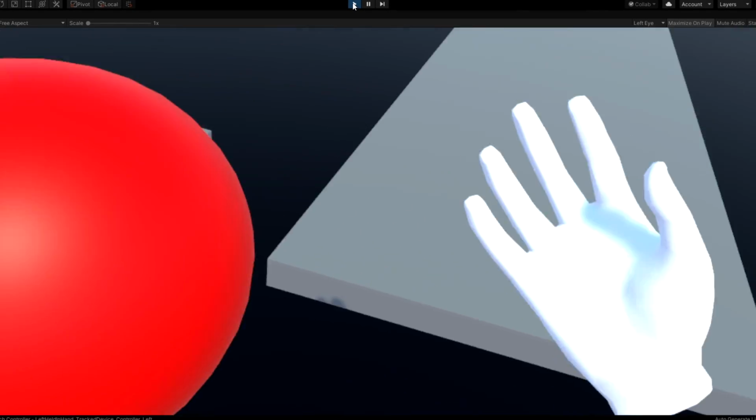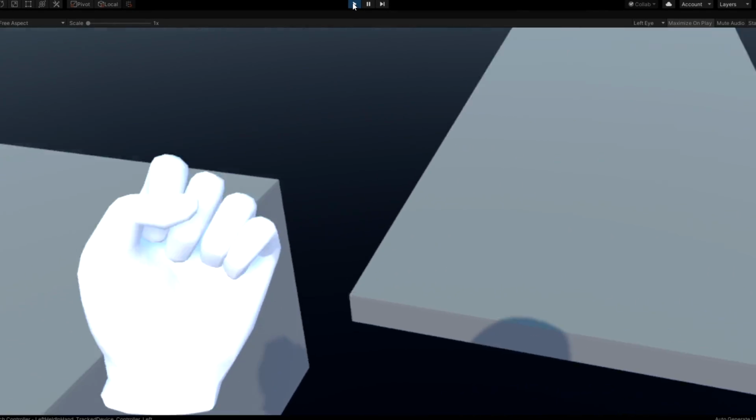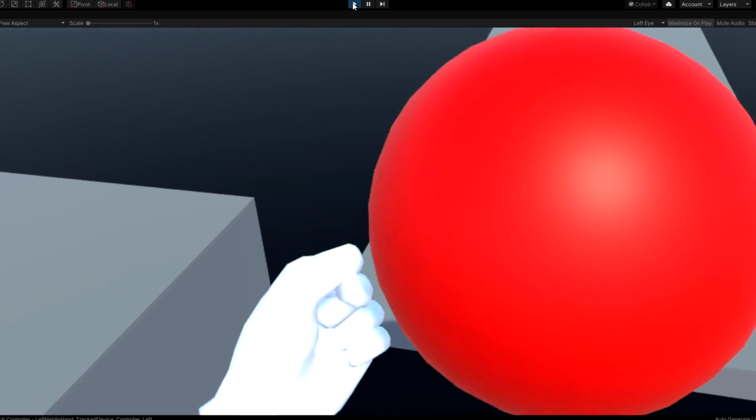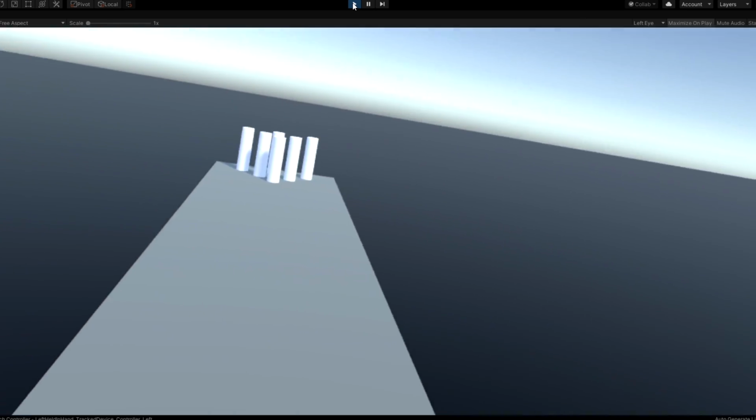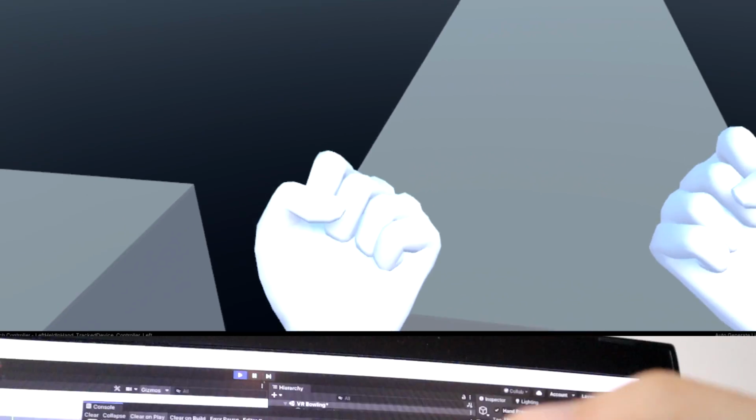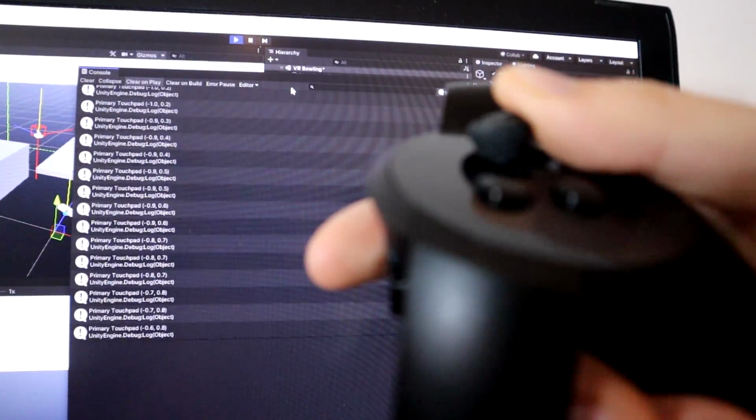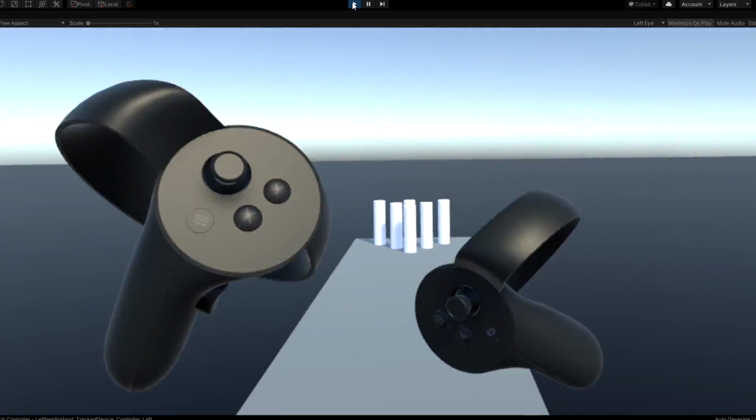Welcome to part 2 of this tutorial series that will teach you the basics of VR development. In the last episode, we learned how to set up a project from scratch that works for any VR headset. And in this video, we learn how to manage the player's input and use it to show the controllers and